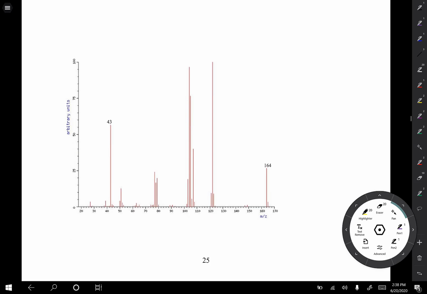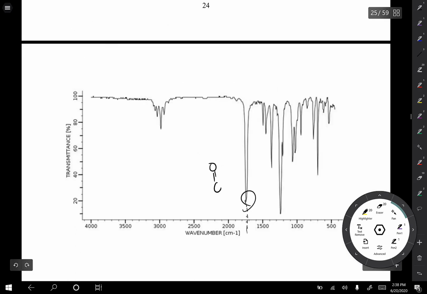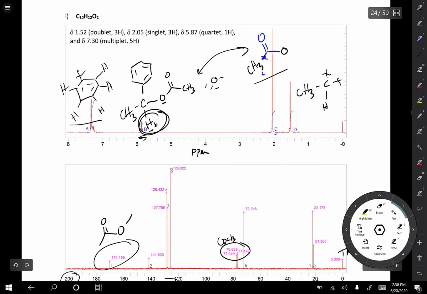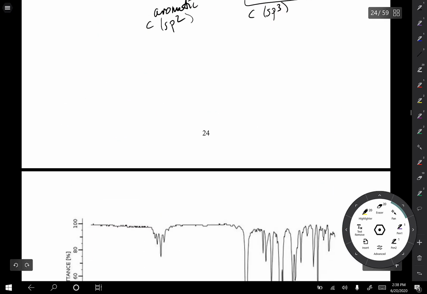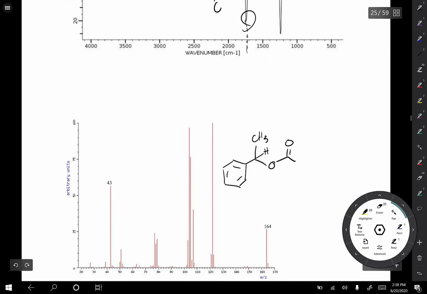Let's go through the mass spec. Let's just confirm, okay? So right now, this is what we think our structure is. Actually, what we should do is label it, just like we have here. D, C, B, and then A are these hydrogens here, okay? This is what we're really thinking that this might be. Let's see if this makes sense. Molecular formula of 164. This is our mass, this is our